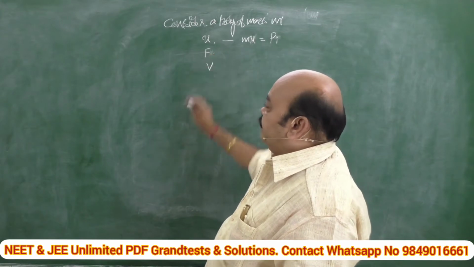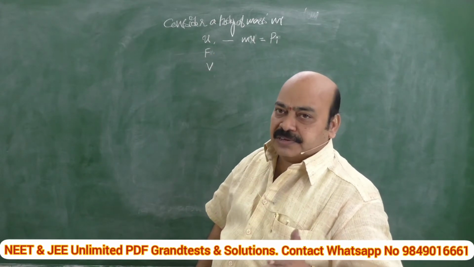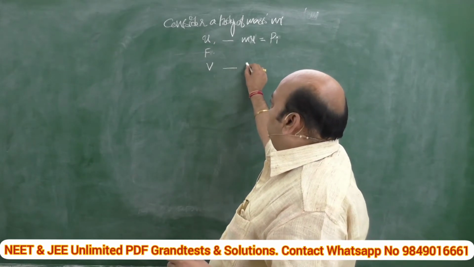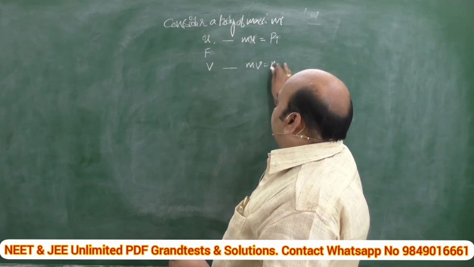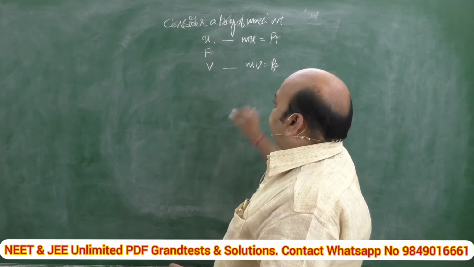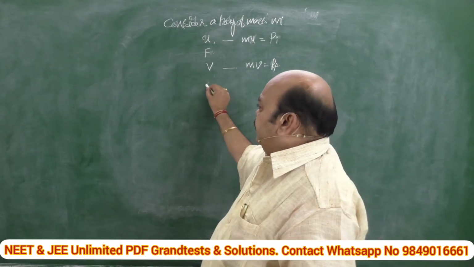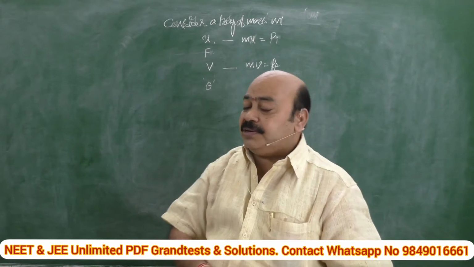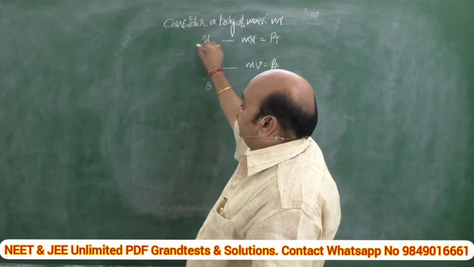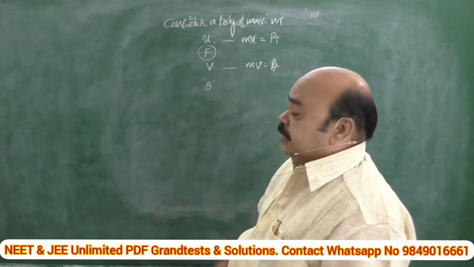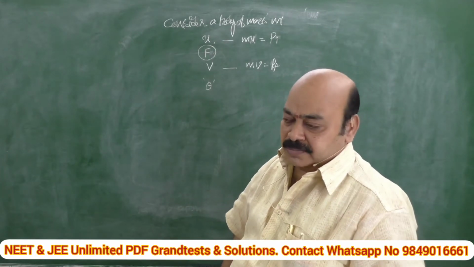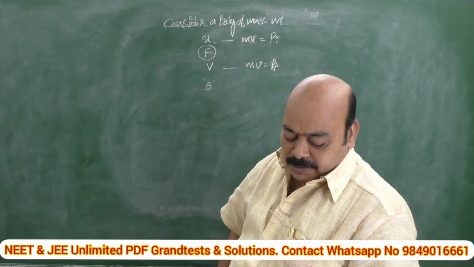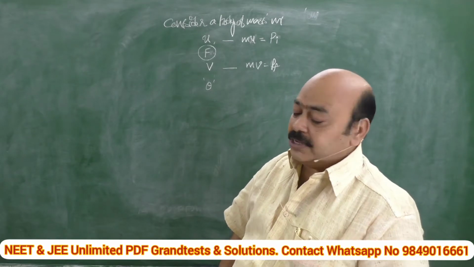By the application of the force F, its velocity changes, which means its magnitude and direction also change. That final momentum becomes mv, which is nothing but p final. Let theta be the angle between the initial and final velocities by the action of the external force F. In such cases, how do we calculate the change in momentum? Mind it, momentum is a vector quantity. That's why we have to find it along with the direction.